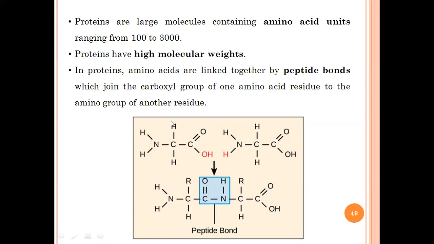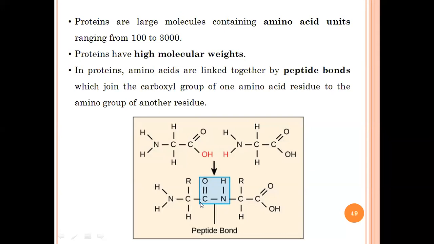residue. Okay, so अगर मुझे reaction दिखाना है, so this is my one amino acid. Okay, this is the second amino acid. Okay, this is the carboxyl group with C double bond OH, and it will have the amino group as the NH2. Okay, basically. So this OH and this H will be eliminated by a condensation reaction, that is the removal of water molecule, and there will be a bond formation between this C and this N. and it will give you a typical bond, that is a dash C double bond O dash NH dash. This specialized bond is known as a peptide bond.